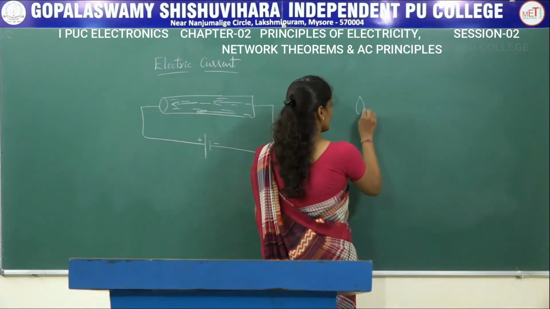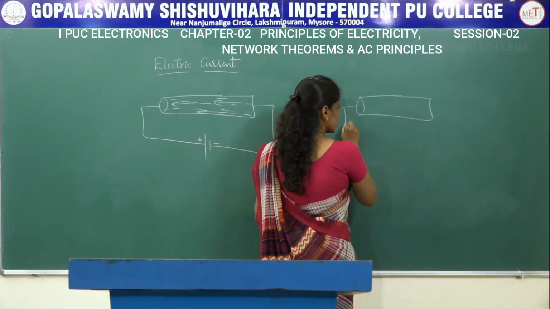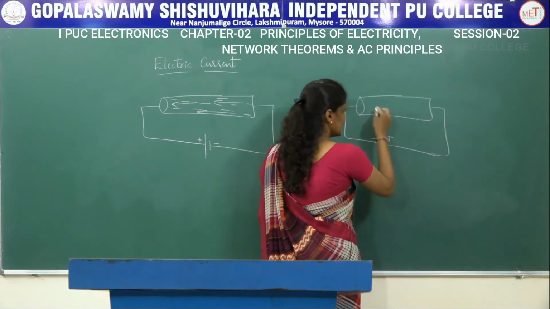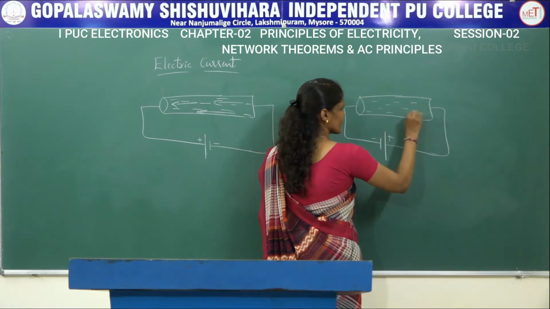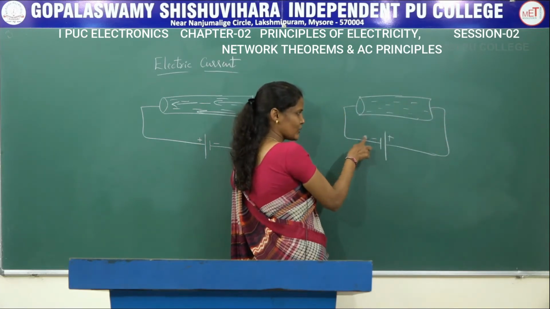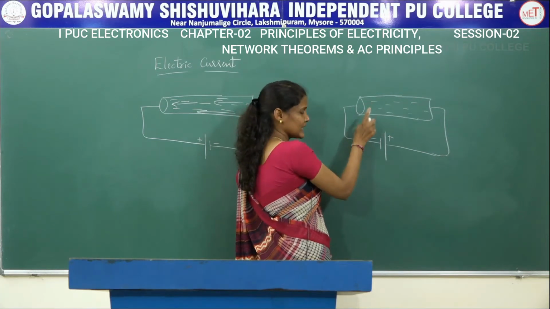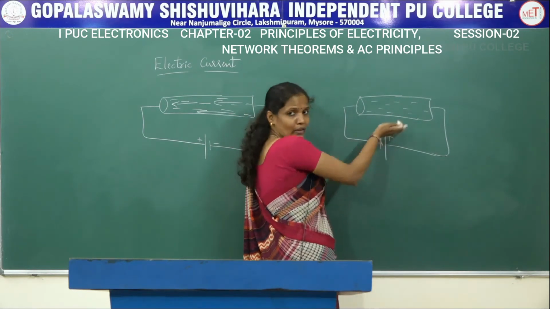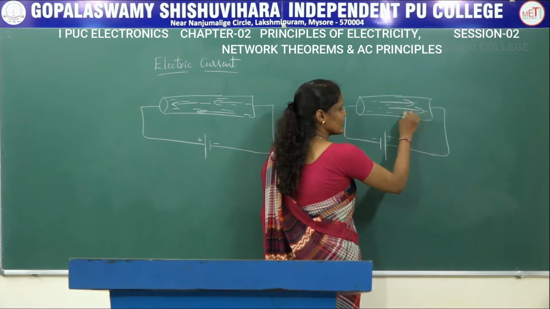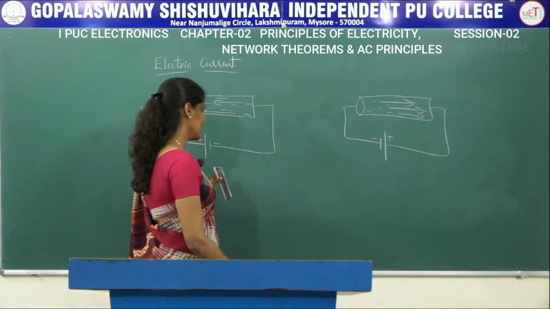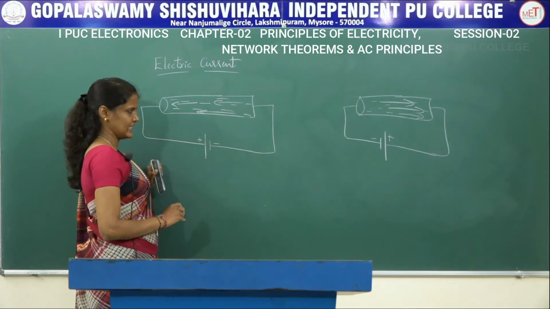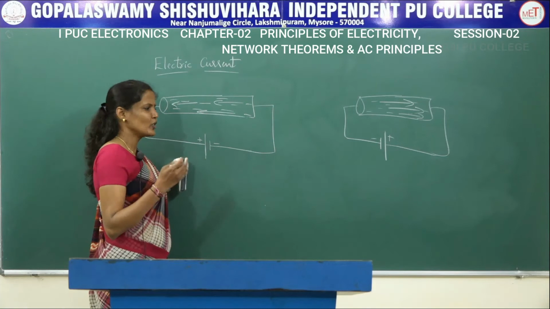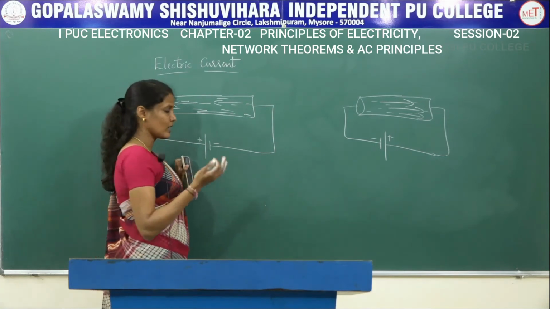Suppose I connect the conductor in this particular manner, negative polarity here, positive polarity here, electrons like this. Since this negative polarity is connected to the conducting material where the electrons are present, these electrons try to move away from this negative terminal, so these electrons will move in this particular direction. But when we talk about the conventional current, we are going to use this conventional method in order to solve the given network or the given circuit.